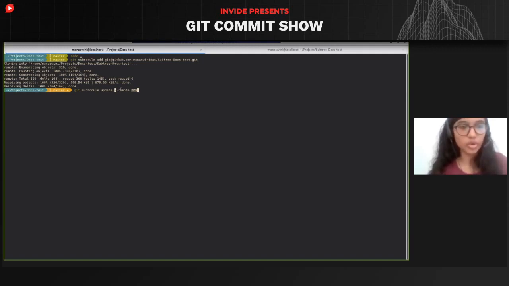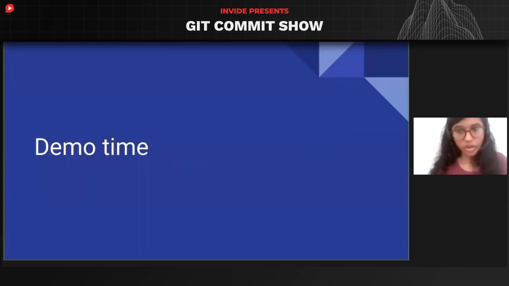And if you want to update all the submodules in one go, you can do a git submodule update. That's it. You needn't specify the remote. And if you want to delete a submodule, you can do it using this, because if you do it manually, it will still be there in the remotes. So you have to do a simple git rm -f followed by the path name or the folder name. So yeah, this is how you can work with submodules.